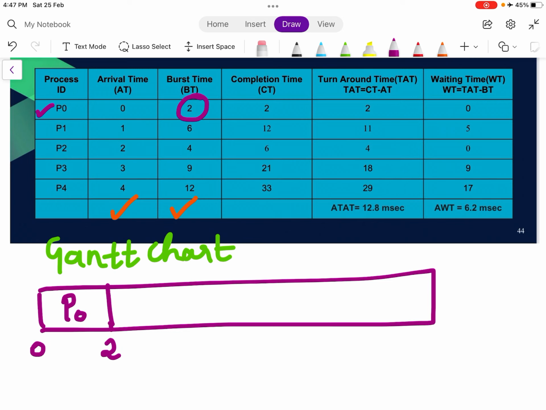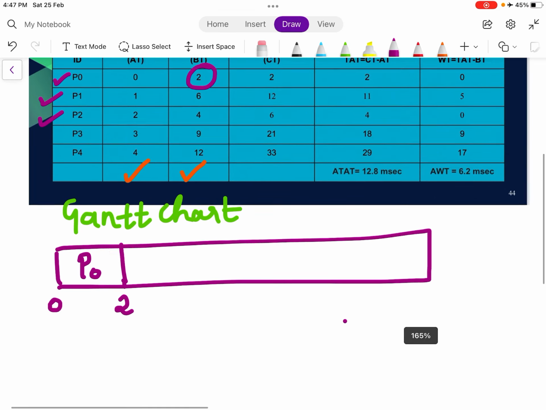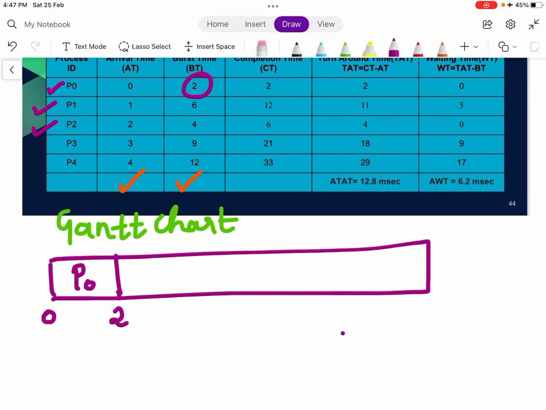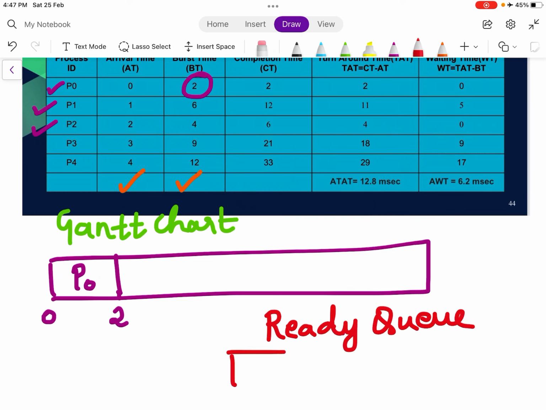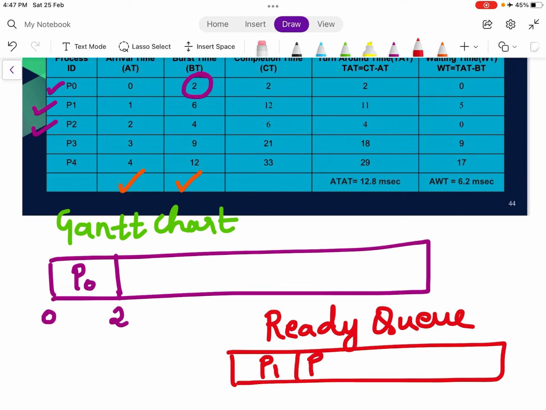Now the processes which have arrival time less than or equal to 2 will arrive inside the ready queue. So we have P1 and P2, which have 1 and 2 as the arrival times. So if this is my ready queue, 2 processes will arrive, P1 and P2. Now whom to choose between them? Because it is